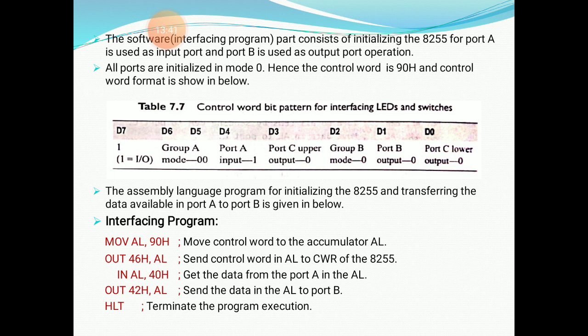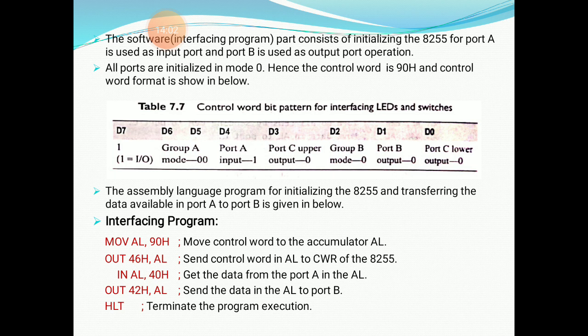D1 belongs to the direction of port B. Here port B is used as an output port, so D1 equals 0. D0 is equal to 0 because port C lower is used as an output port by default. Now the assembly language program, ALP, for initializing the 8255 and transferring the data available in port A to port